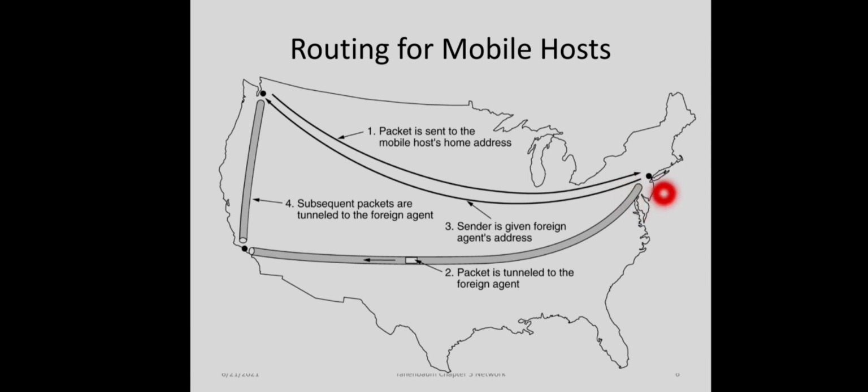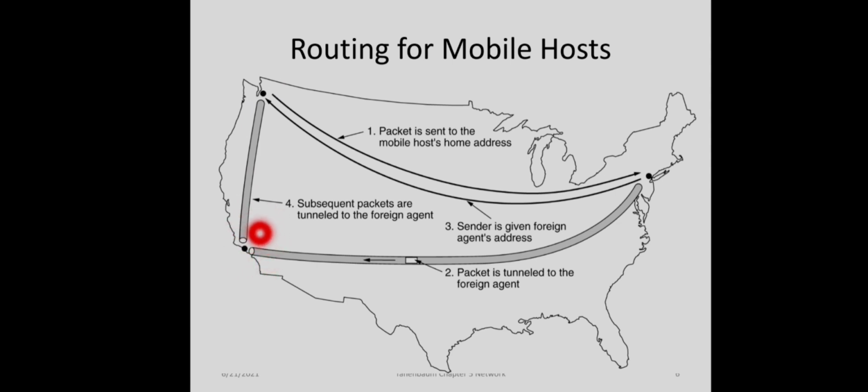The home agent here does two different things. First, it encapsulates the packet in the payload field of an outer packet and sends that packet to the foreign agent. This mechanism is actually called tunneling. Second, the home agent will ask the sender to send packets directly to the foreign agent. How to send the packet? By encapsulating that packet into the payload field of a new packet, because the outer address would be the foreign agent's address.